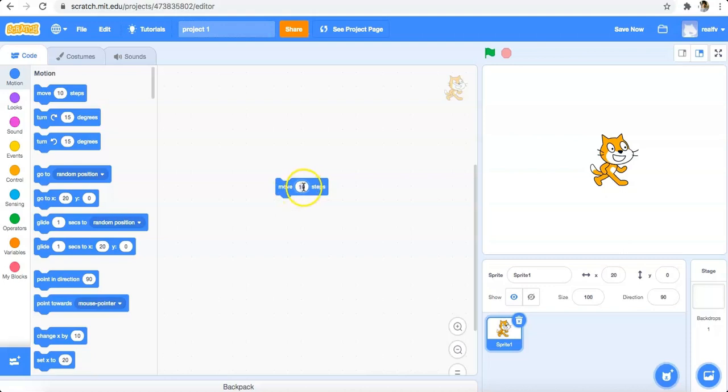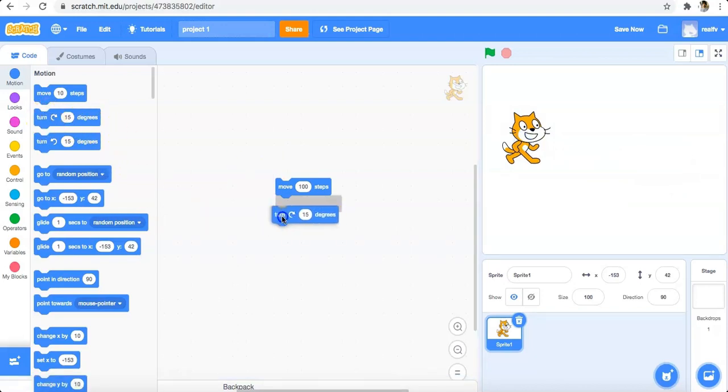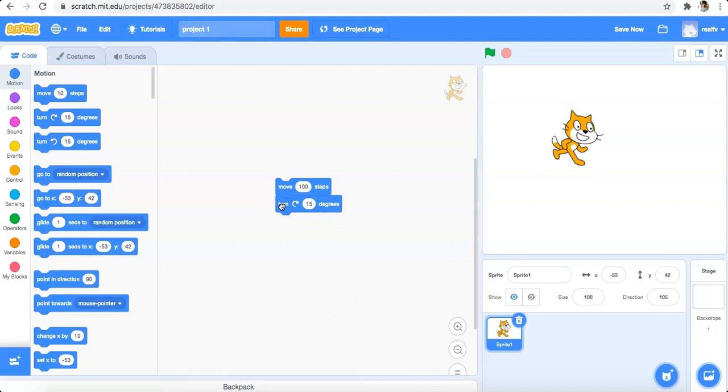So for example, if I say 100 steps, then you can see, yeah, you still did not notice a particular step, but you can see this cat moved 100 steps, right? So for example, if you drag this, like turn 15 degrees, then first it will move 100 steps, and then it will turn 15 degrees. So these are the blocks you can use to interact with your sprite.